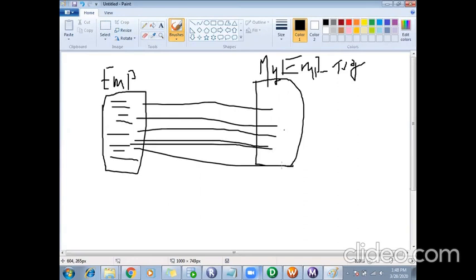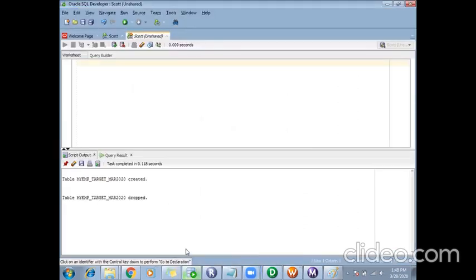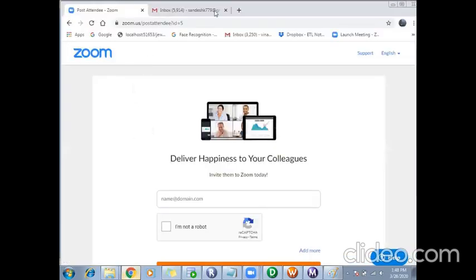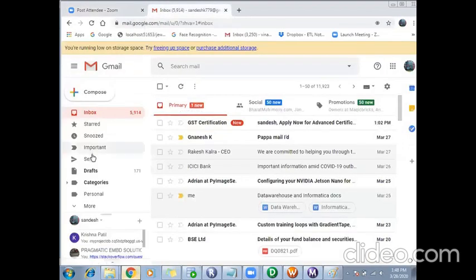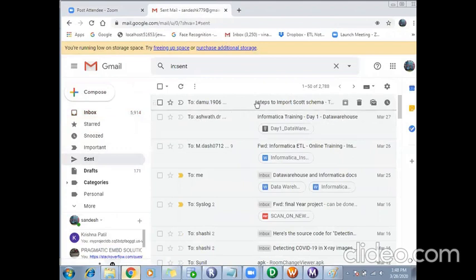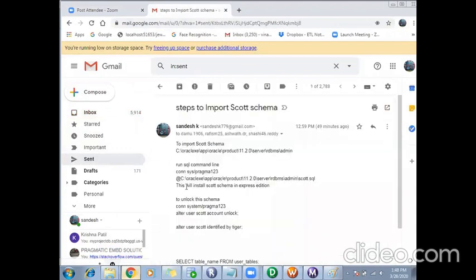If you have already installed Oracle 11g Express edition, I have sent you a mail today with the steps to import the Scott schema. All of you can just follow these steps.